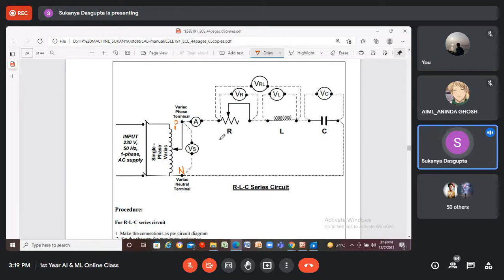Or you can draw the variable resistance symbol like that also. You will draw the circuit with R, L, and C, and you will draw an arrow like that. This also represents that this resistor is a variable resistor, a rheostat. So this is a rheostat. This will show the variable resistor or rheostat. This is another type of representation, or this one, by drawing this arrow like this. You can complete the drawing.